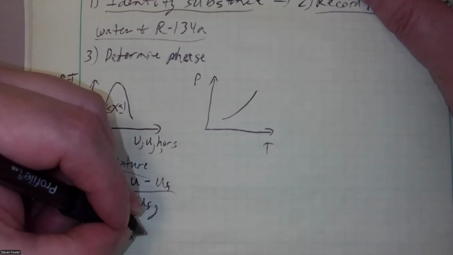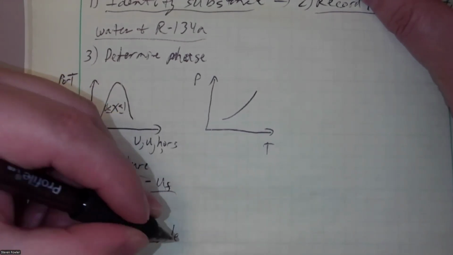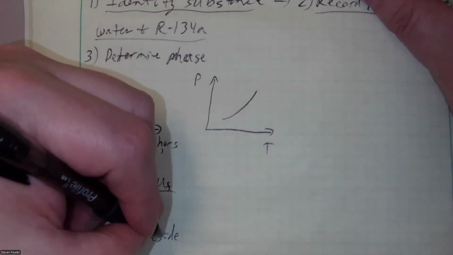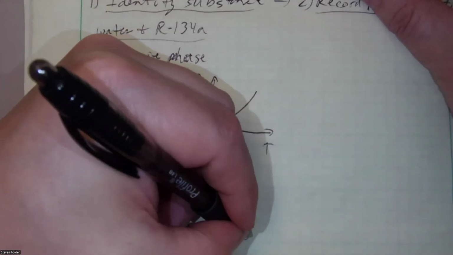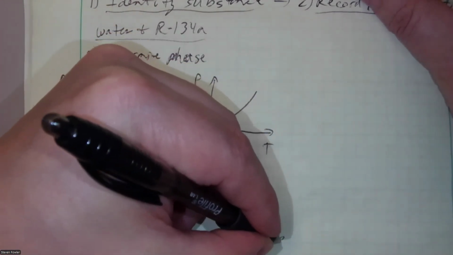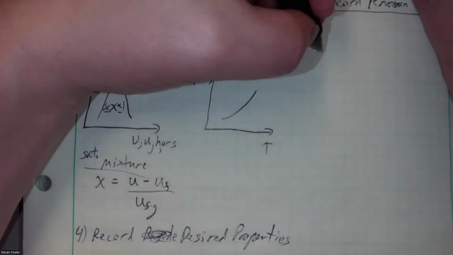record basically the desired properties at that point. Right? Record desired properties. Now, if it's an ideal gas,